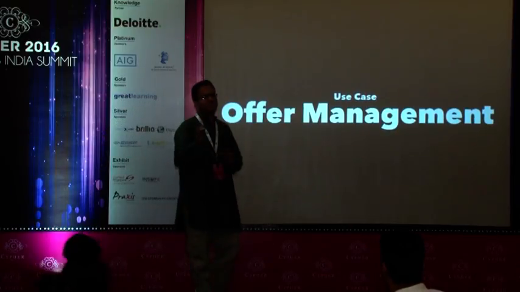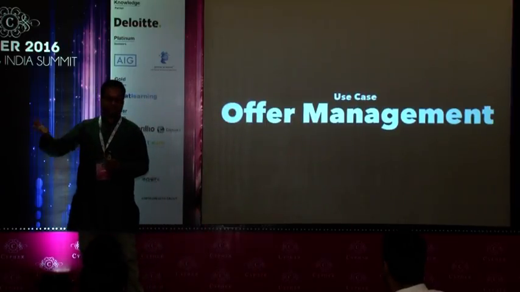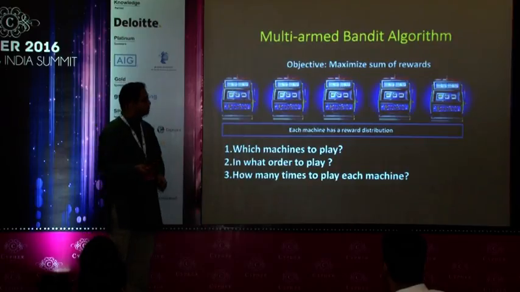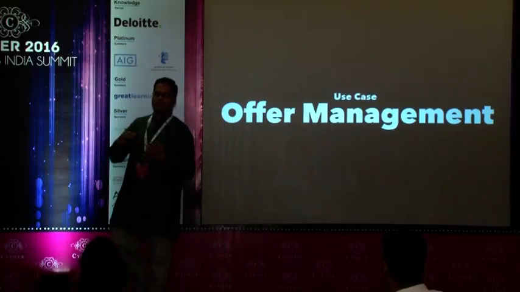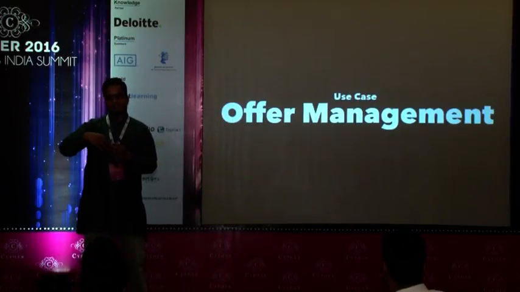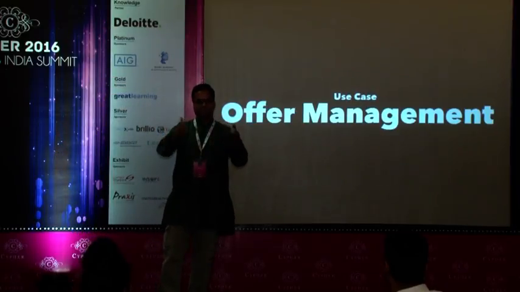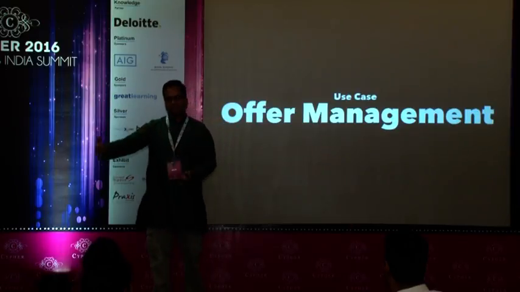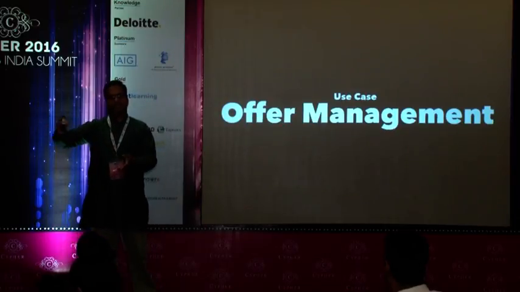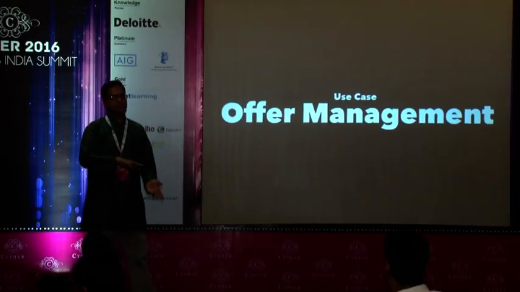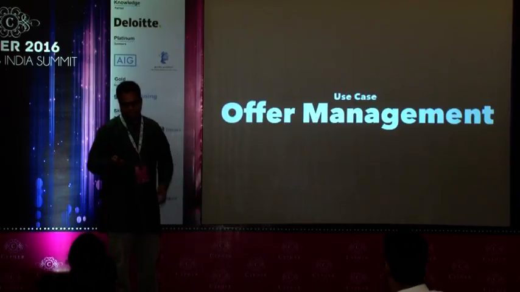All this is fine, but how does this translate into a sales cycle? An example would be in how an offer is made. When an offer is made, you want to know what kind of features need to get into that offer. So for example, the customer wants a TV. You really need to know what kind of features need to be in the TV which the customer would be most willing to buy. So you want to come up with some kind of strategy that jumpstarts that process, rather than asking, do you want this TV, do you want that TV? Instead of doing those negotiations, you want to jumpstart that process and start from there.